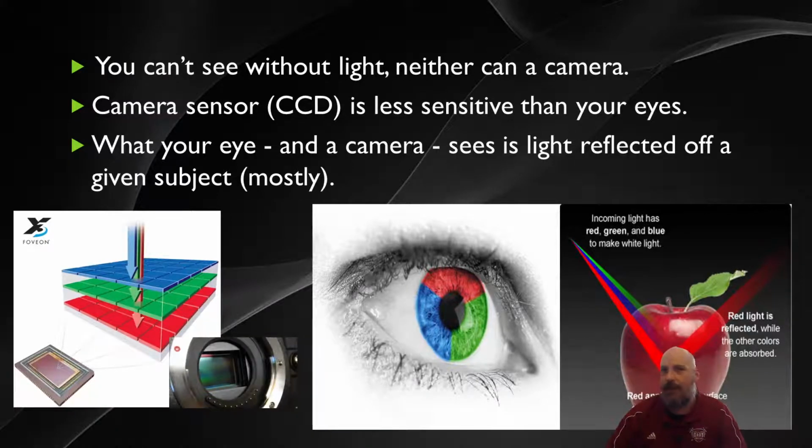And we can't see any of this without light. And likewise, neither can a camera. Now, a camera has a sensor called a CCD, a charge-coupled device, and it's less sensitive than your eyes, but it does the same concept in that when light or an image hits that charge-coupled device,